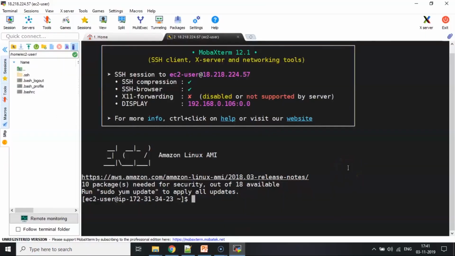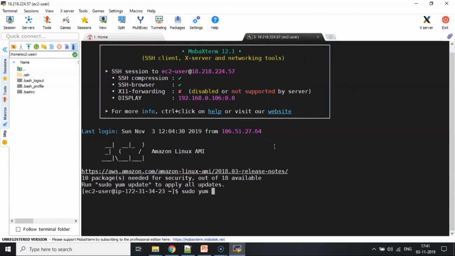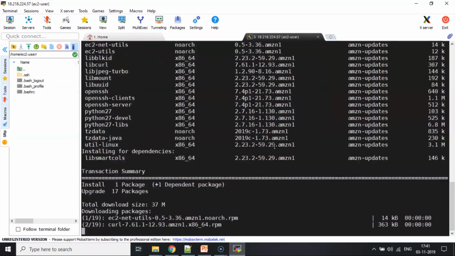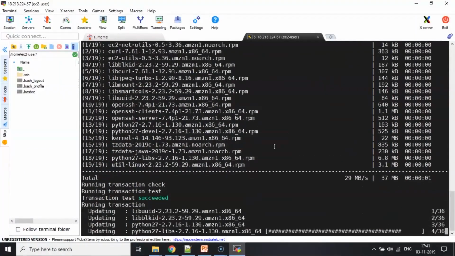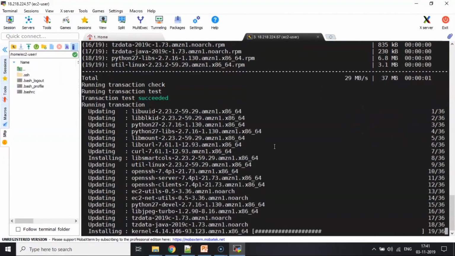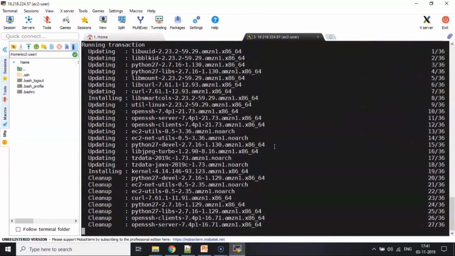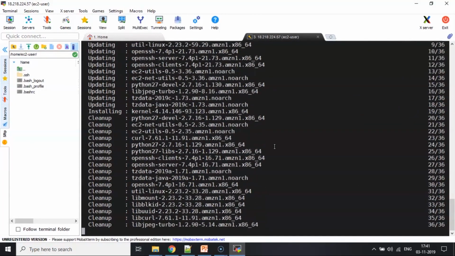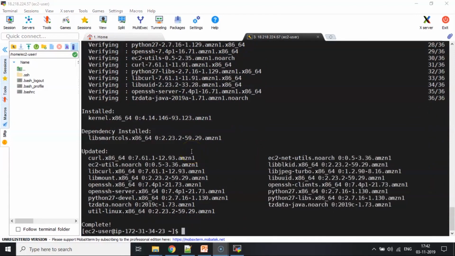Great. Now before this, let me do a sudo yum update -y. Because this is a newly provisioned VM, I just want to ensure that all my system libraries are updated so that when I install Kops and kubectl and all those things, none of them will fail because of some dependency or package issues. So I'm just running a sudo yum update -y so that all the libraries are updated. Okay, looks like it is done.